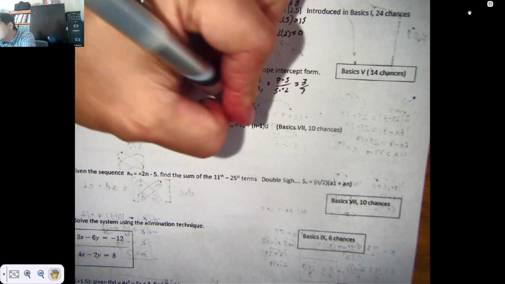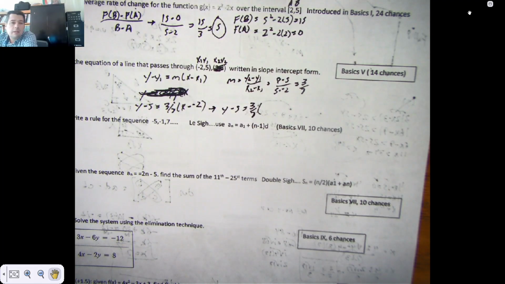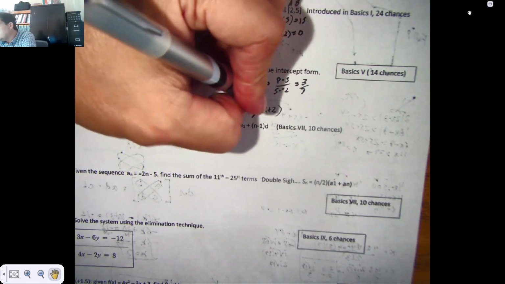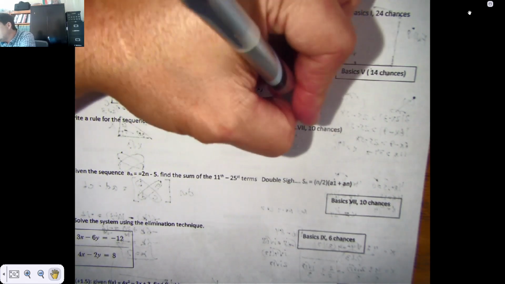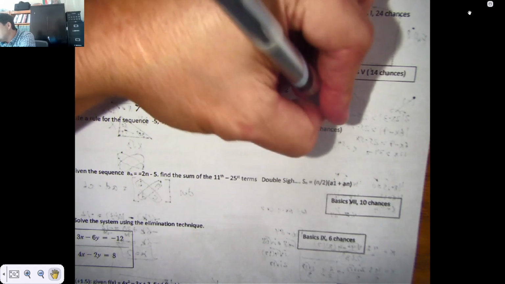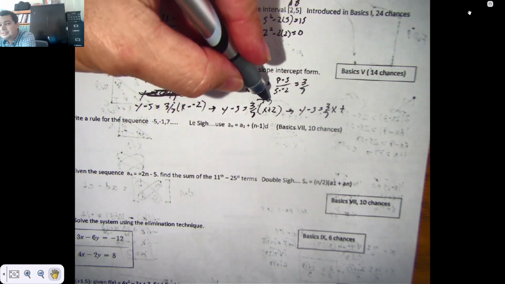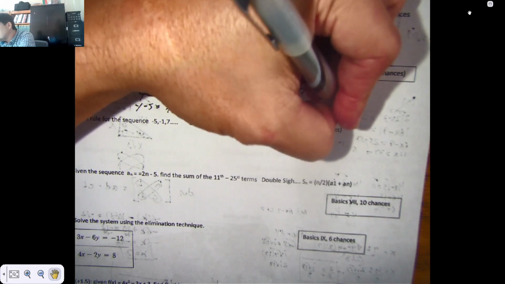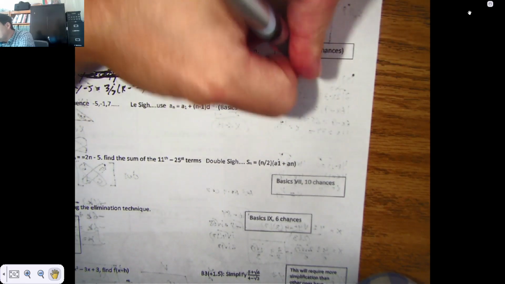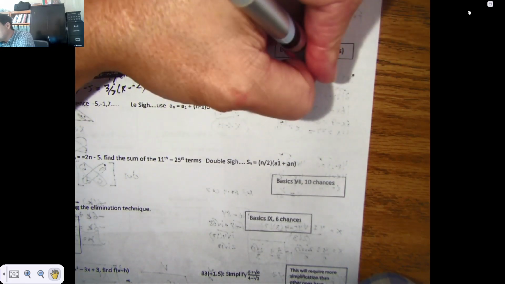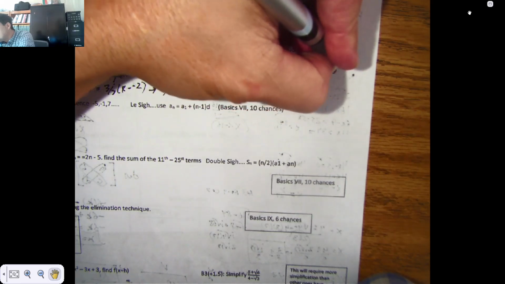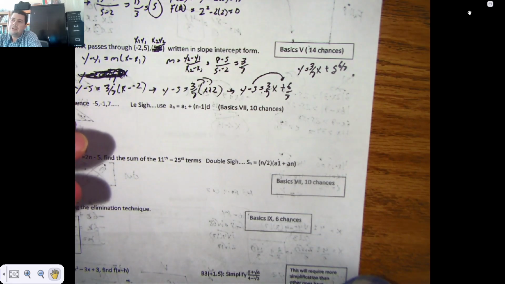So I've actually learned to go back and glance and check. Taking away a negative is a positive. Then I invoke the distributive property. Y minus 5 equals 3/7 of x plus 2 times 3 is 6/7. And then I'm going to add 5. That's going to go over here. So y is 3/7 of x plus, I'm going to write this as 5 6/7, because I want you to